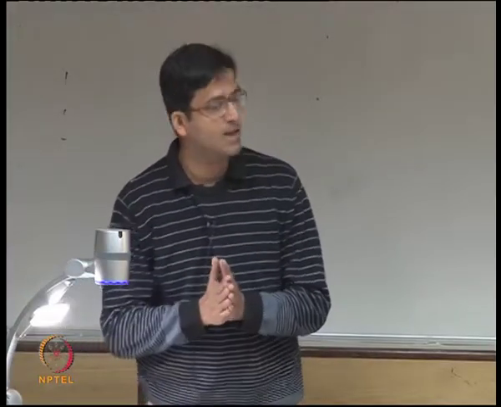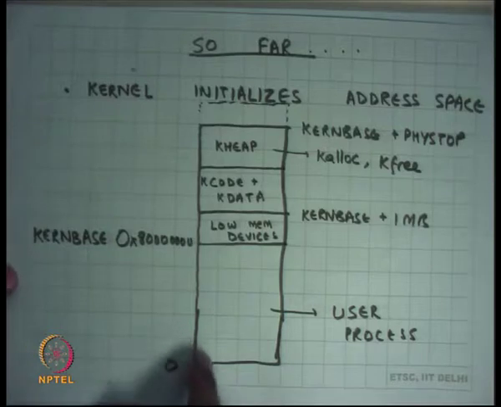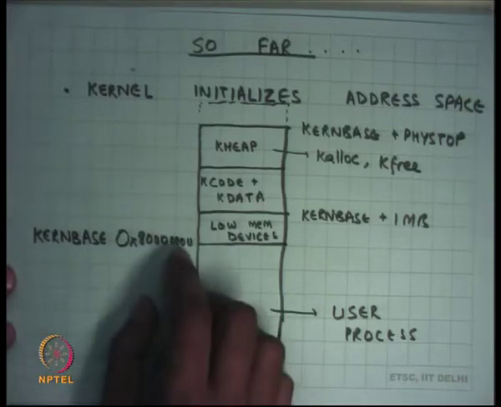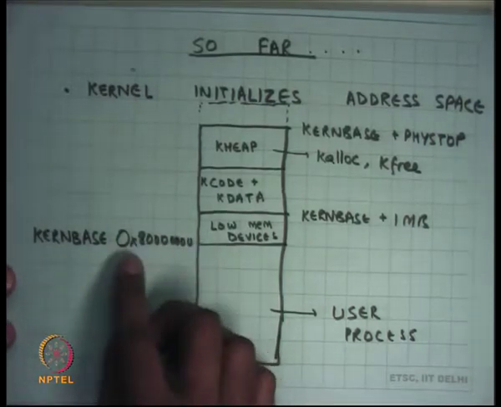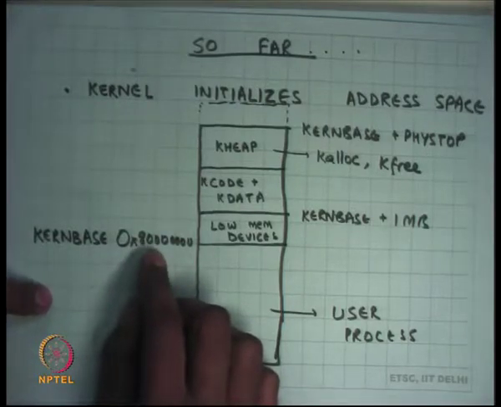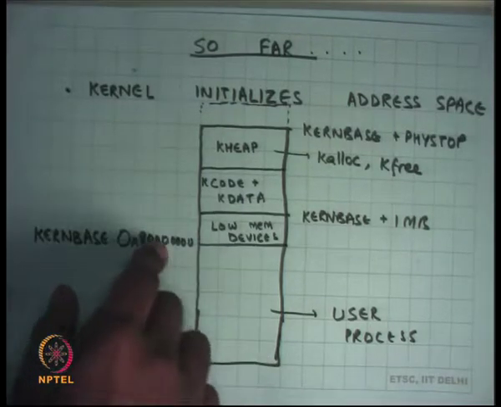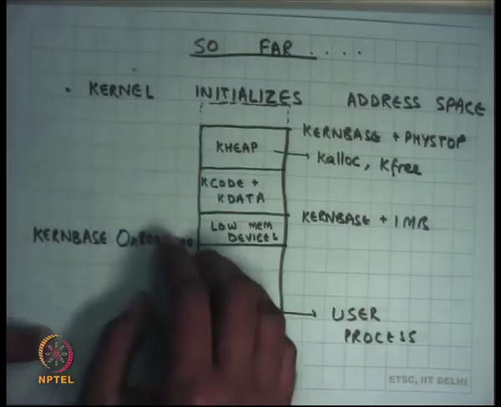So far we have looked at how the kernel initializes itself and initializes the address space, and we have seen that the kernel basically initializes the address space such that it firstly starts itself at KERNBASE, which on xv6 is this address, hexadecimal 8 and 7 zeros, so it is 2 GB, right. It's a 32-bit address space, so it's right in the middle of the 4 GB address space on 32 bits.